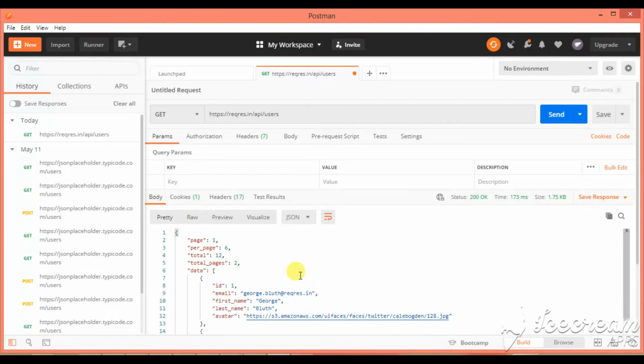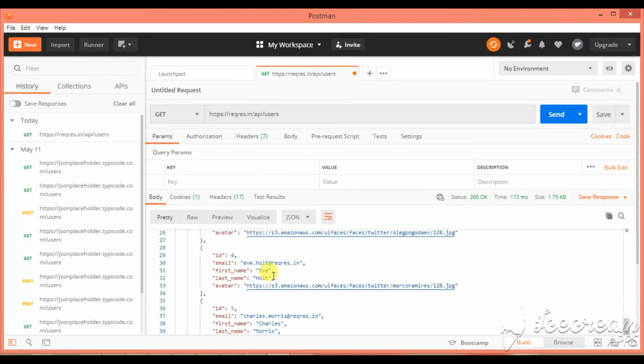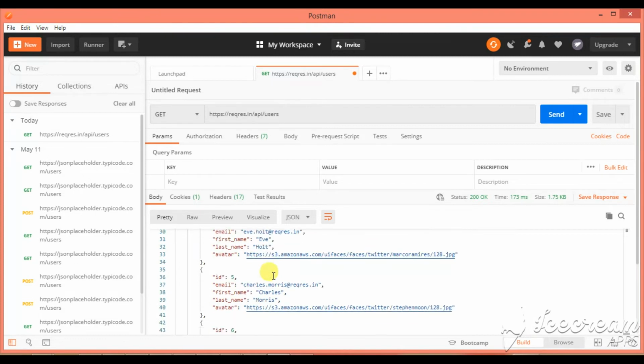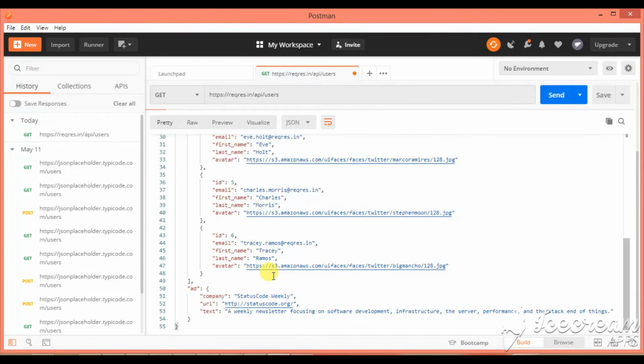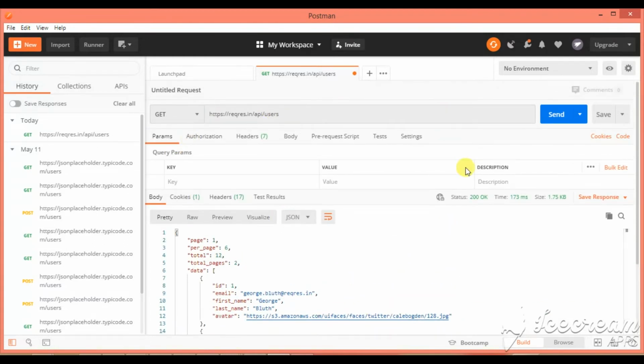Inside the body, the page number is 1 here and per page 6 and total 2. So total page is 2. And here I can see the first page results of ID, email, first name, last name, and all the statuses that are required. Company status code, weekly, URL, and the text. So this is my first request which I have created and ran through.